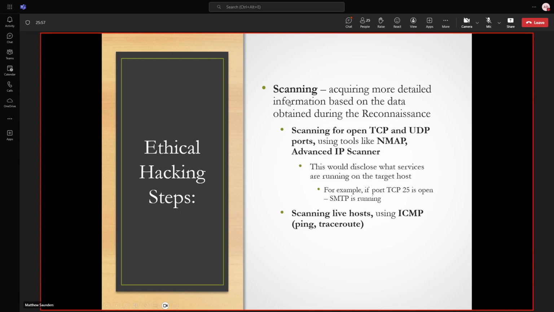Okay, so moving on to the next stage, scanning. This is more intense, more potentially noticeable. So you're probably doing this from the comfort of your office or wherever you are, maybe a cafe or a library or something like that. Now, you can do kind of stealthy scanning or you can do very messy scanning.